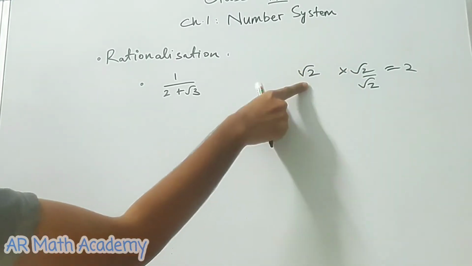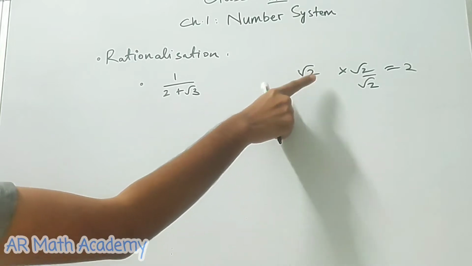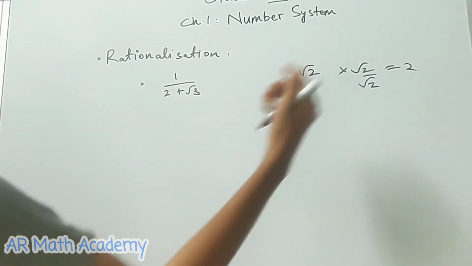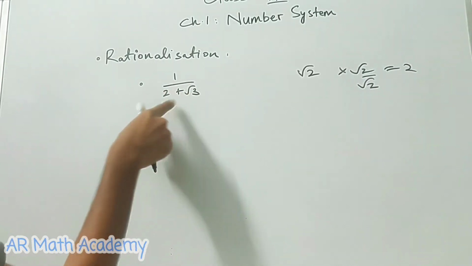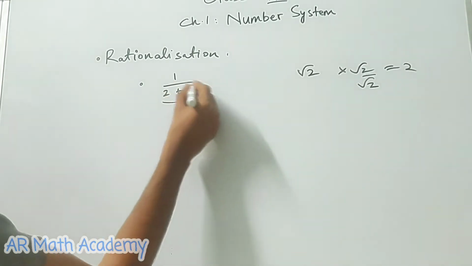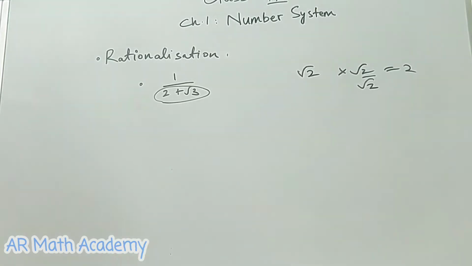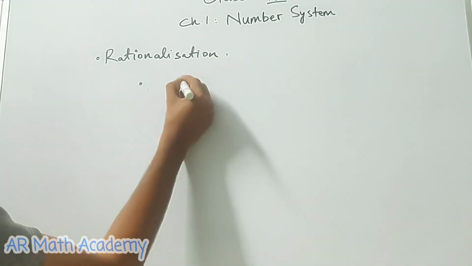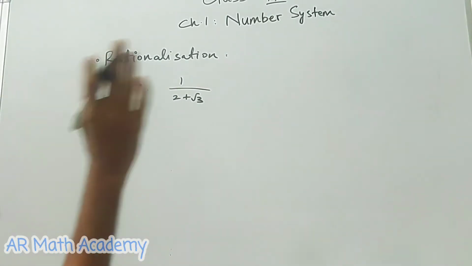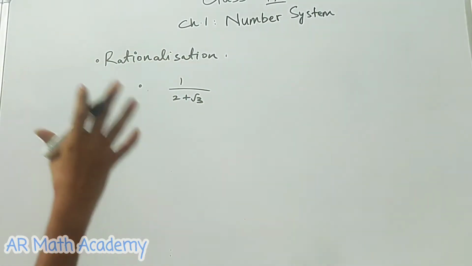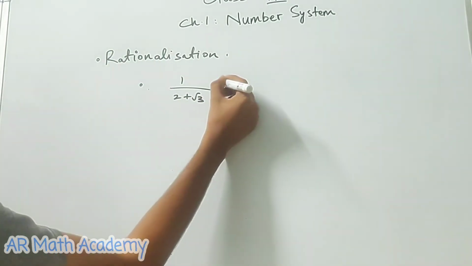So exactly it is the same value. If we don't want an irrational number, we can multiply it with the same number so that we get a rational number. But in this case, a rational number and an irrational number are in a sum, and this whole irrational expression is in the denominator and we don't want that. So what are we going to do over here? Writing it in a clear form, it is 2 plus root 3. Now just observe what I am doing over here and I'll explain it in a clearer fashion.